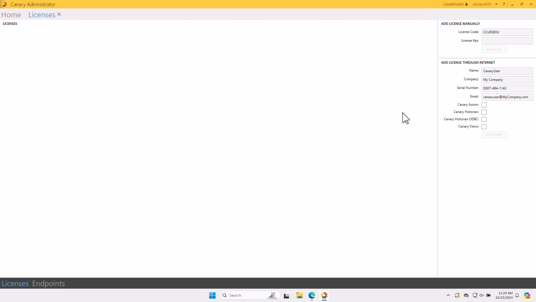Okay, so we have two menus over here depending on whether you're going to add the license manually. So this would be if you don't have internet access, and then the bottom one would be if you do have internet access. So we'll start with the top. If the server doesn't have internet access, you're going to have to get on a machine that does, and you're going to want to grab this license code, and you'll need your serial number that you would get from